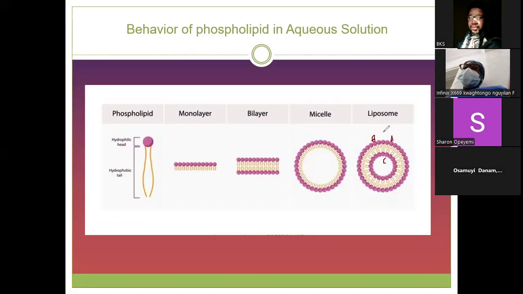So listen to me. I said each cell has its own composition of this phospholipid. Remember, I told you about different types of phospholipid, right? For example, I said there is phosphatidylcholine, phosphatidylethanolamine, phosphatidylserine, phosphatidylinositol, etc. Right? Are we together? Yes, sir. So, in the asymmetrical nature of phospholipid, we said some specific cells, for example, red blood cells,